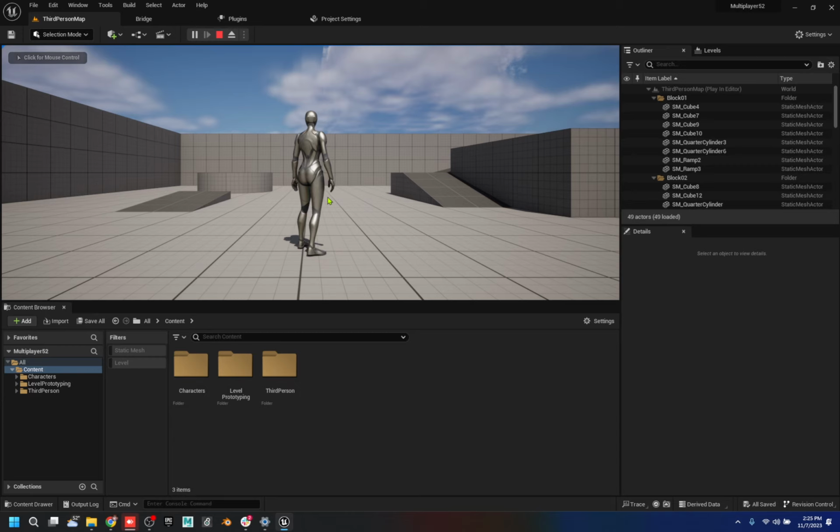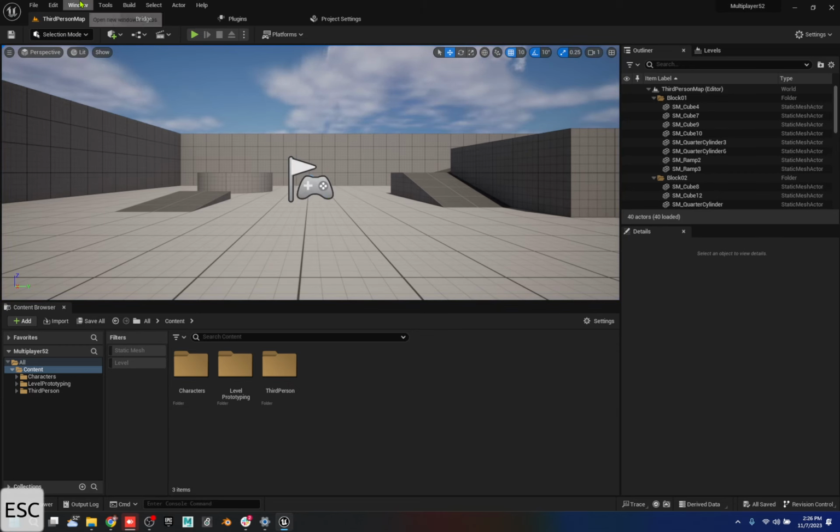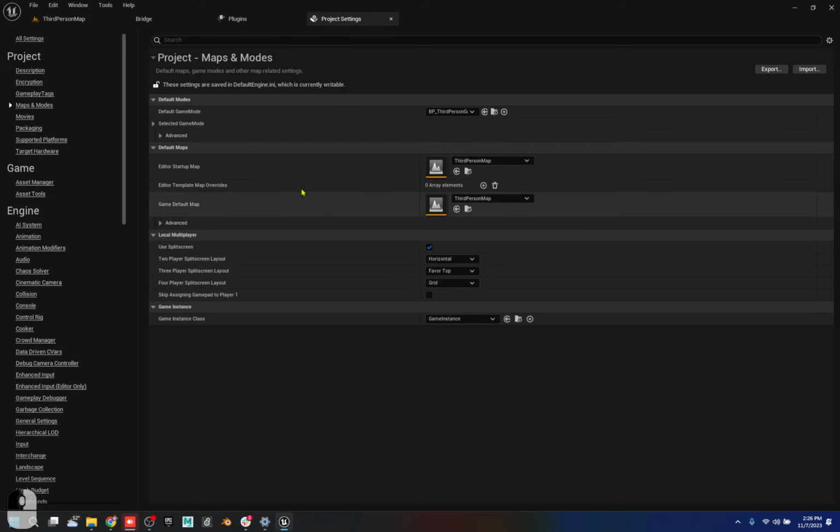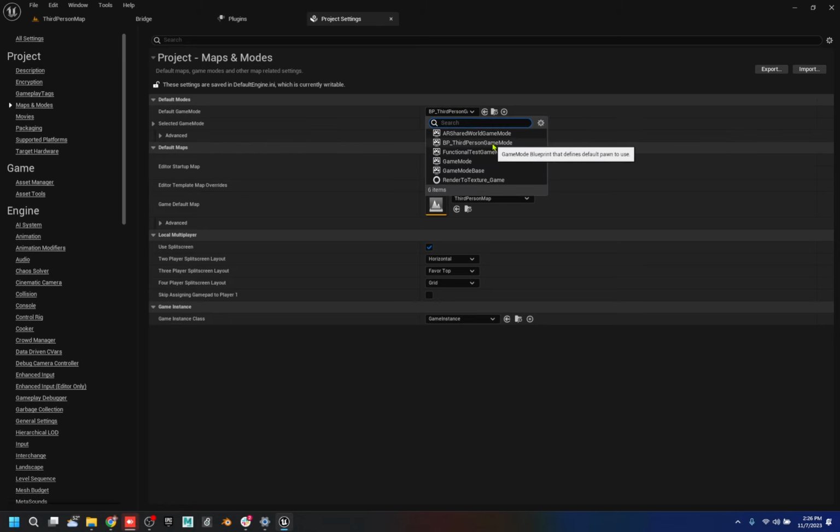Well, I don't see a character in the map. How does it know that I'm a character? That's a thing called a game mode. If I go to my Windows and bring up my world settings, you can override the default game mode of your system, or you can do it in your project settings. I'm using this blueprint third person game